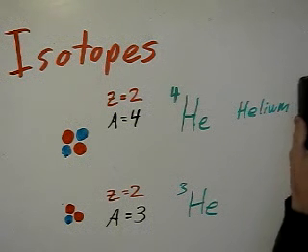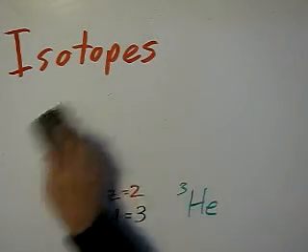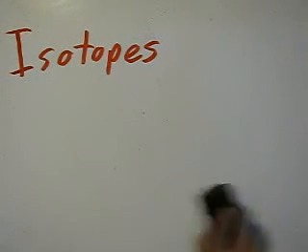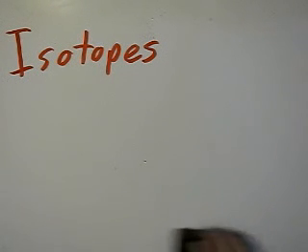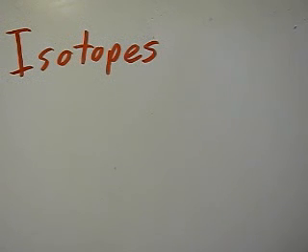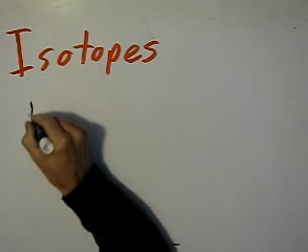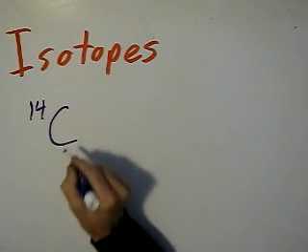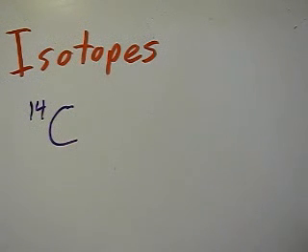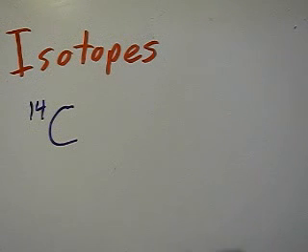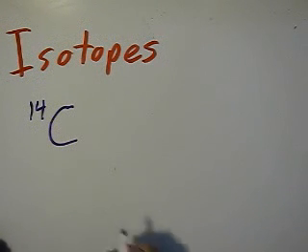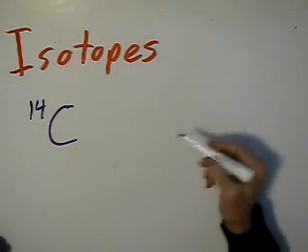Alright, let's do one more example and we'll go the other way this time. Let's suppose that I'm reading an article and they say that radioactive dating, carbon dating, is sometimes done with an isotope which is called carbon-14. It's always written in textbooks like this. Well, let's see if we can make a carbon-14 atom, carbon-14 nucleus. What would that look like if we took a magnifying glass, a real powerful microscope, and looked at the carbon-14